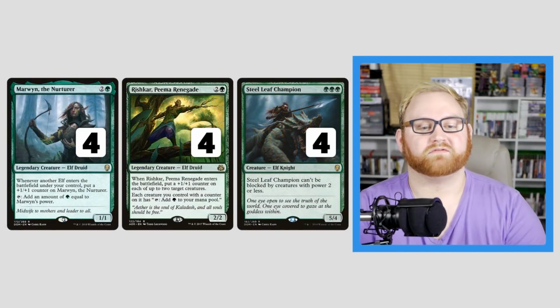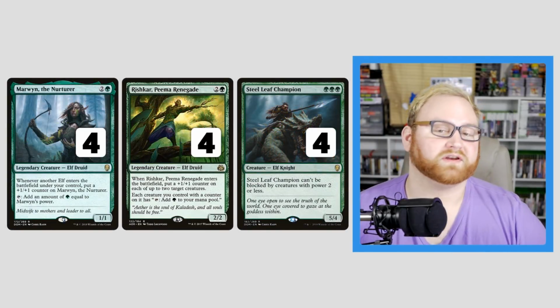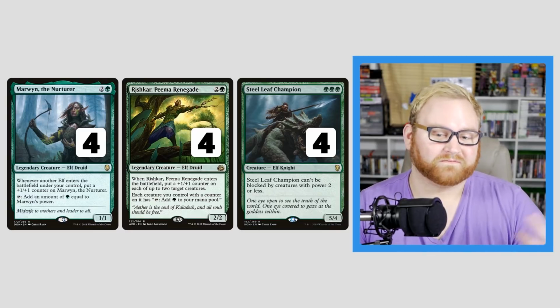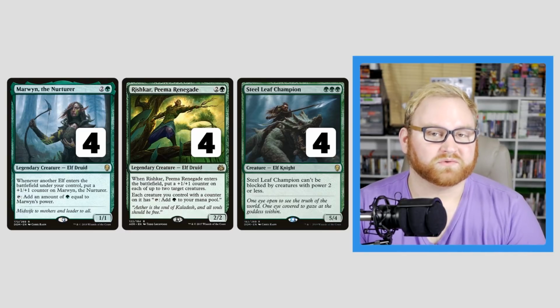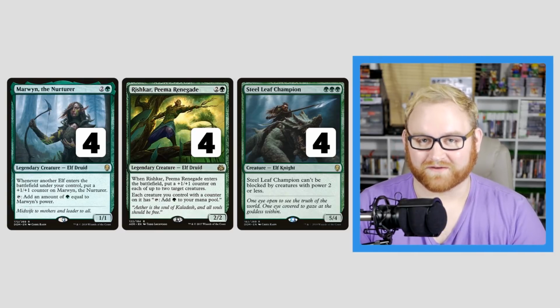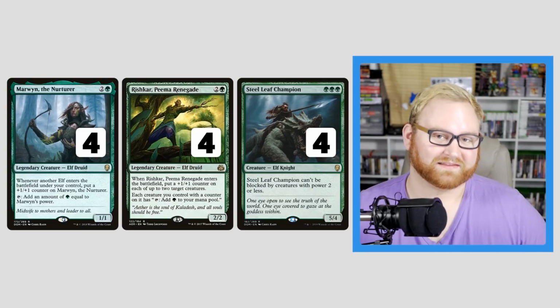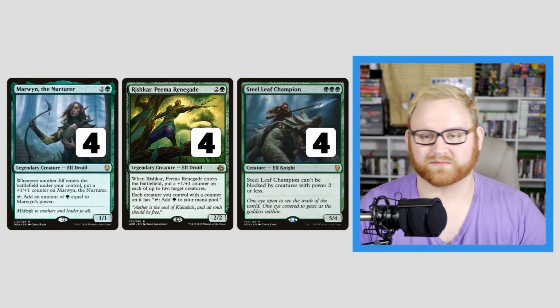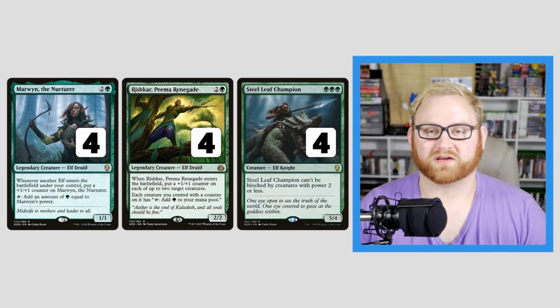Moving on up the curve here, we have our 3-drops, Marwyn the Nurturer, Rishkar Pima Renegade, and you know it, Still Leaf Champion and Elf Knight here. 5/4, can be blocked with creatures with power 2 or less, super good card on turn 2 thanks to our Llanowar Elf, just amazingly fast, and can just basically end the game if opponent is not ready for it. It gets around all those pesky Lightning Strikes, Abrades, things like that,